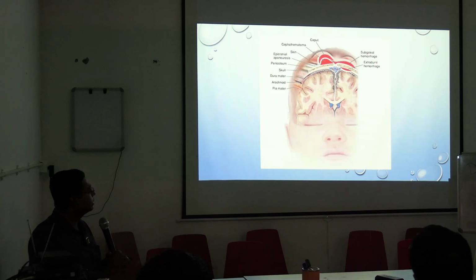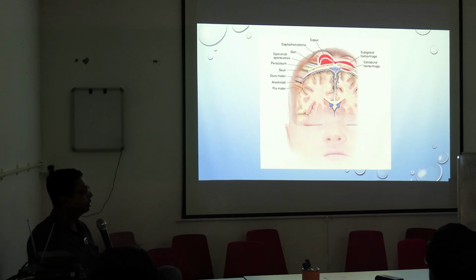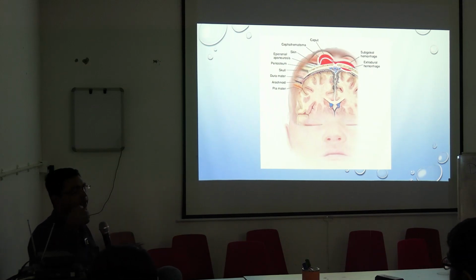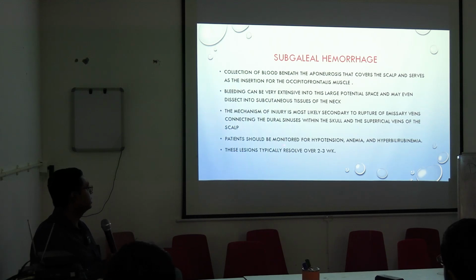তাহলে আমরা গেলাম subgaleal hemorrhage, তার নিচে যদি হয় তাহলে আমরা কি বলবো extradural hemorrhage, তার নিচে হলে কি বলবো আমরা subdural hemorrhage, তার নিচে হলে subarachnoid hemorrhage, আর ইনসাইড প্যারেনকাইমা intraparenchymal hemorrhage। তাহলে ওপর থেকে নিচে কোন কোন লেয়ারে হ্যামারেজ হলে কি কি নাম সব ডিফারেন্ট, প্রত্যেকটাই হ্যামারেজ, বাট ডিপেন্ডিং অন দ্য সাইট তার নামগুলো আর ম্যানিফেস্টেশনগুলো আলাদা হয়ে যাচ্ছে। ইন সাবগ্যালিয়াল হ্যামারেজ পেশেন্ট শুড বি মনিটরড ফর হাইপোটেনশন, অ্যানিমিয়া অ্যান্ড হাইপারবিলিরুবিনেমিয়া। এখানে একটা কথা আছে দেখ,